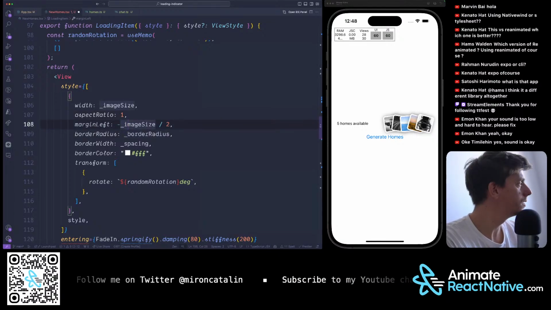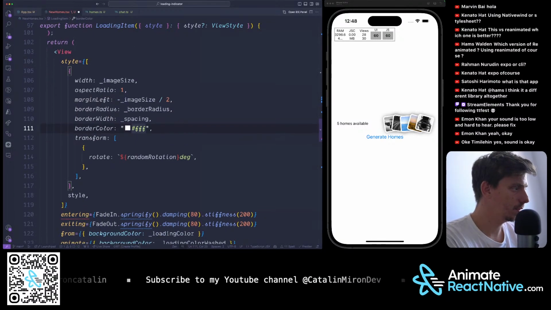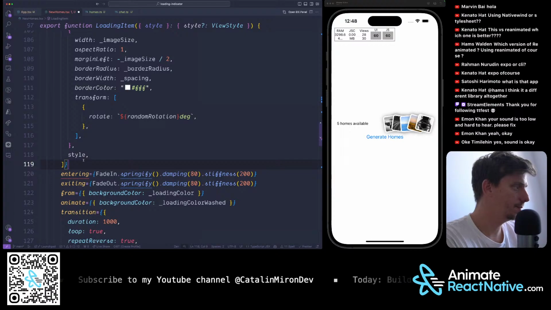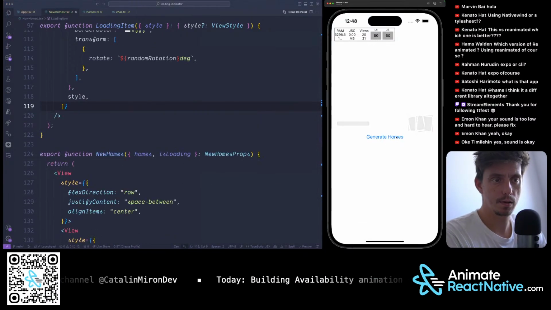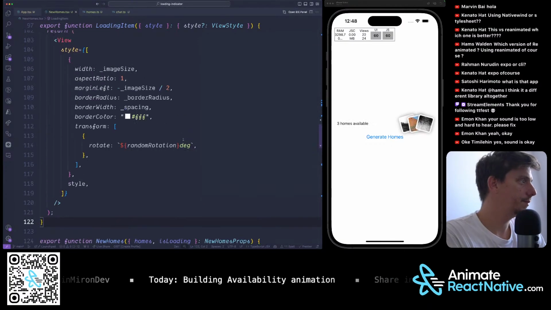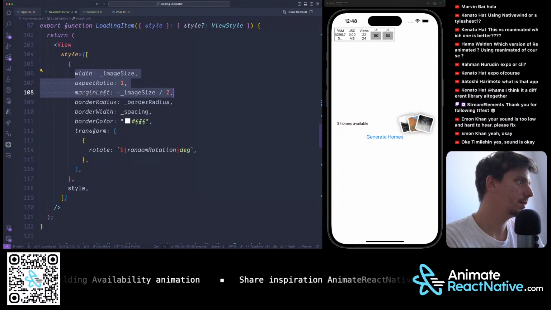Margin left. Okay, let's do it like that. Border color transform, and then the rest of the styles, and comment out this part. Yeah, and now we can